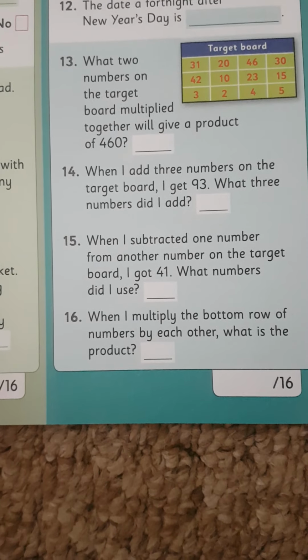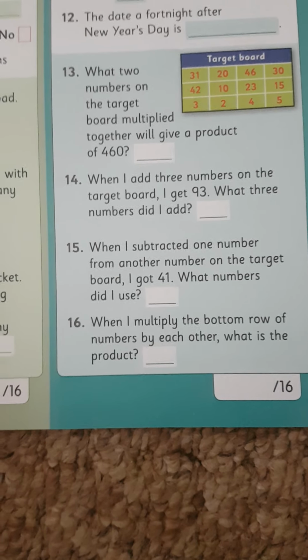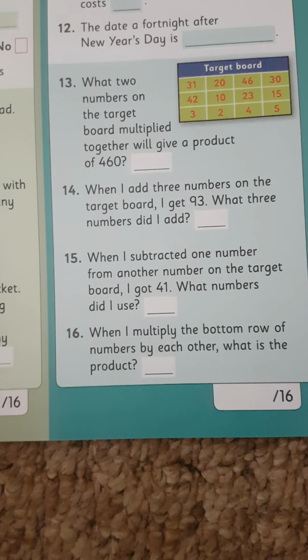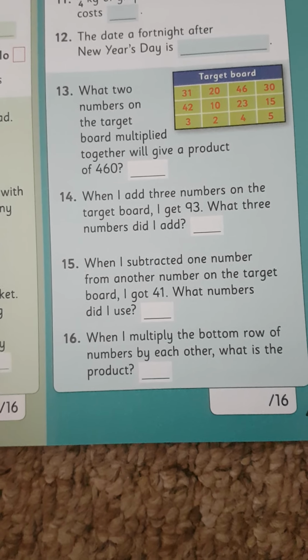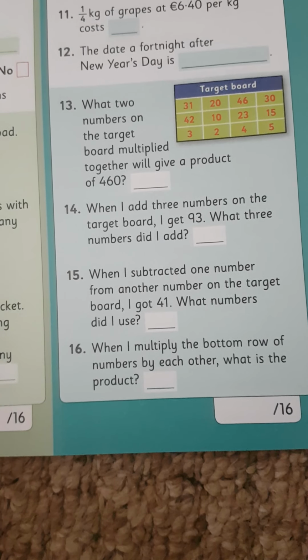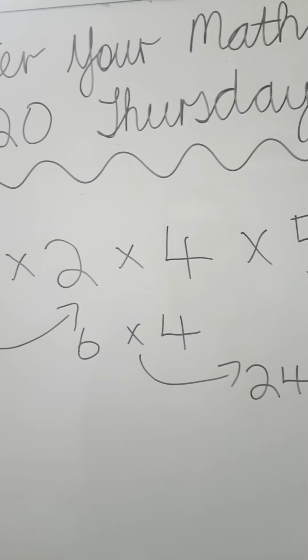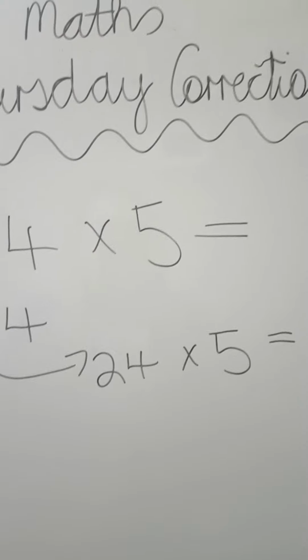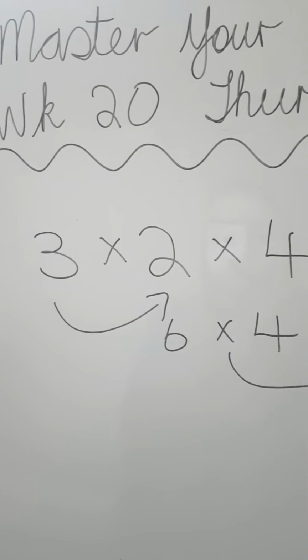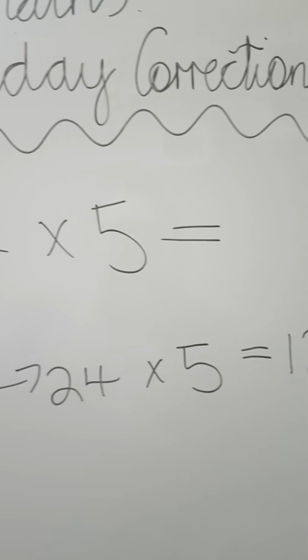Now question 16. When I multiply the bottom row of numbers by each other, what is the product? Now I actually thought that was a small bit confusing. I wasn't sure what they meant to do there, but what I do think they mean is to multiply them all across. So to say 3 times 2, and then when you get your answer, times that by 4, and then when you get your answer, times that by 5. So 3 times 2 would be 6, and then 6 times 4 would be 24, and then 24 times 5